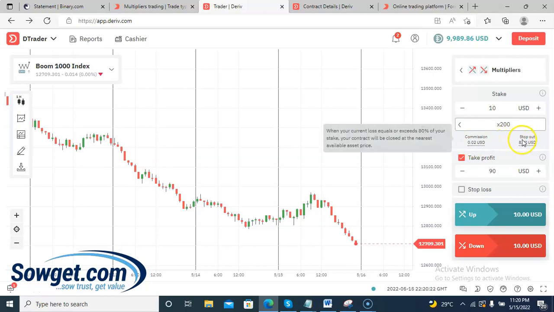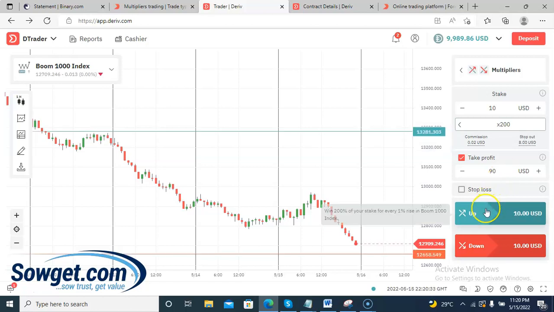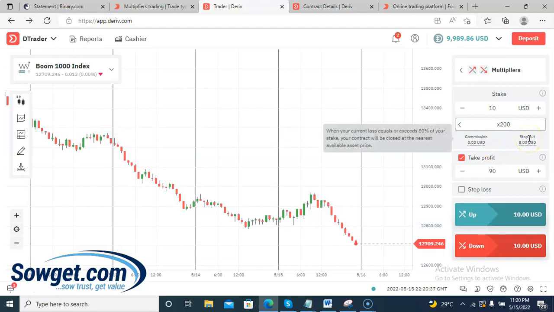Same with this stop out you are seeing here. This stop out is just for when you enter into a trade with the amount you staked. If you predicted that the market will go in a particular direction, but the market is going against you, the stop out is just a feature that makes the system at Deriv close your trade. It will close your trade once the trigger is met. So what this stop out is showing us now is that